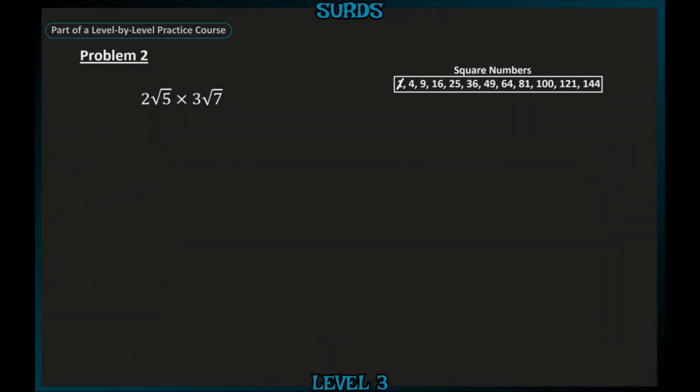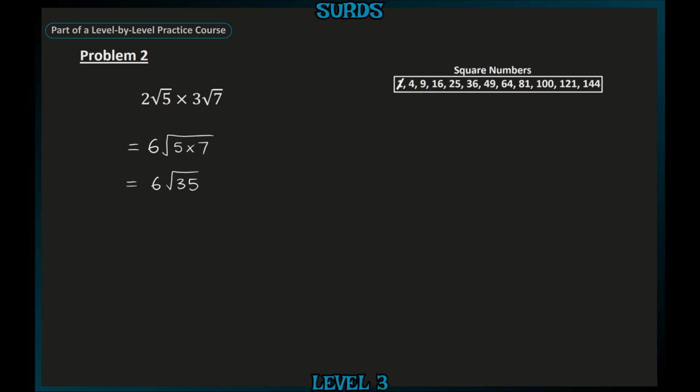In problem 2, we're simplifying 2 root 5 multiplied by 3 root 7. To start, we can't simplify either of those surds individually because they're prime numbers and they can't be divided by any of the numbers on our square number list. So we can go straight into multiplying. Looking at the numbers outside those surds first, we have 2 times 3, and 2 times 3 is 6. To multiply the surds together, the square root of 5 times the square root of 7 is just the same as the square root of 5 times 7, and 5 times 7 is 35, so this becomes 6 root